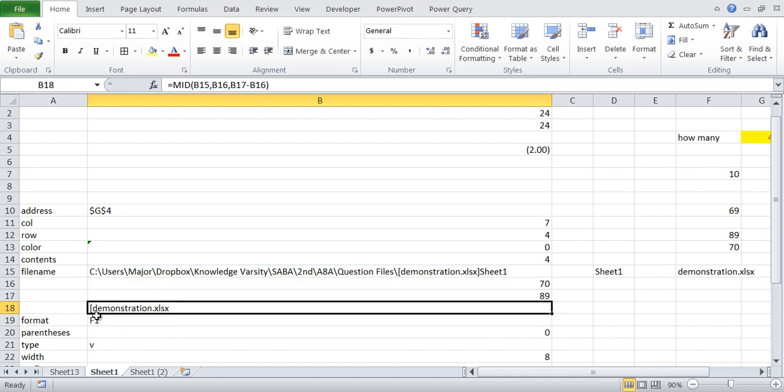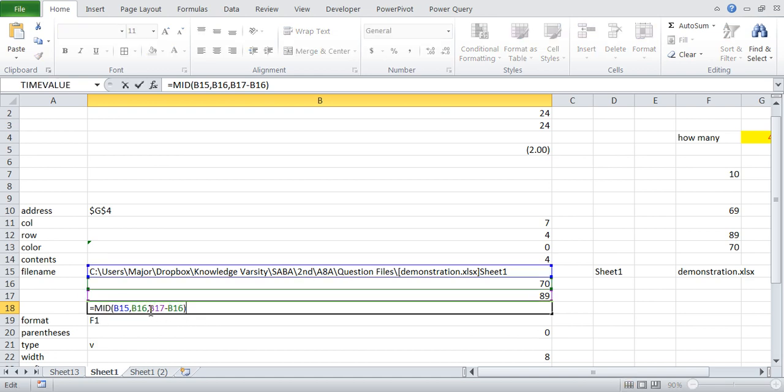See, it gives me this square bracket also. So we have to say that we want to start from B16 plus 1, and here we have to say B16 plus 1.